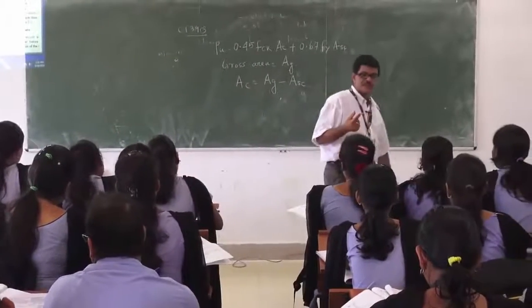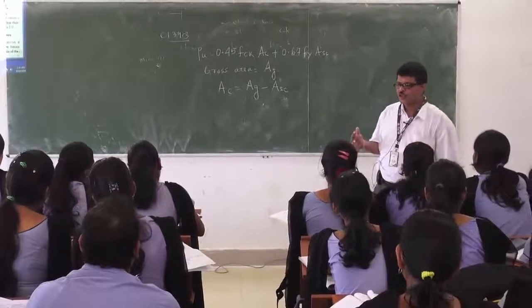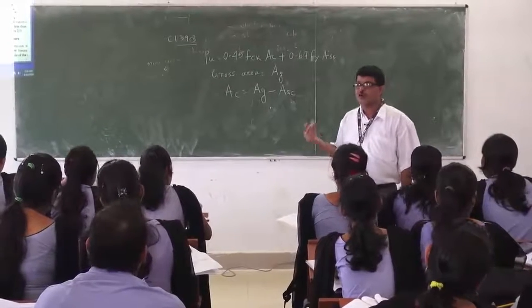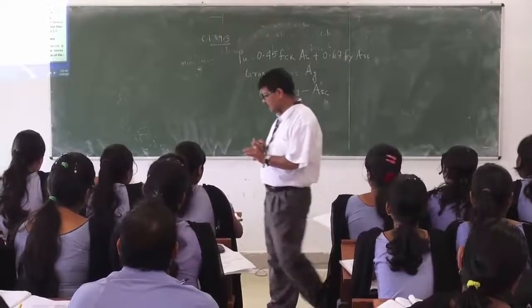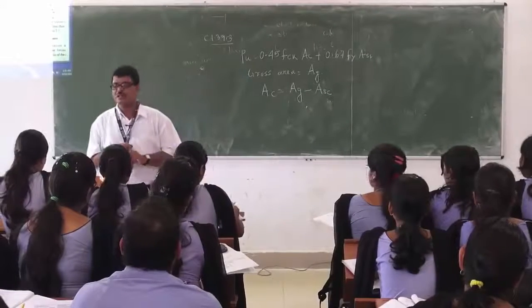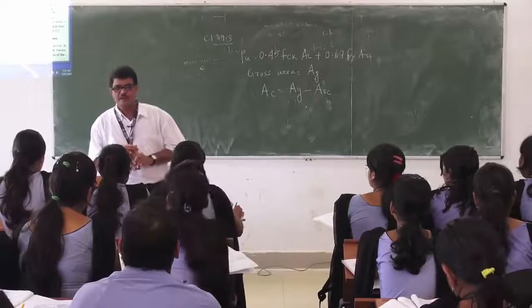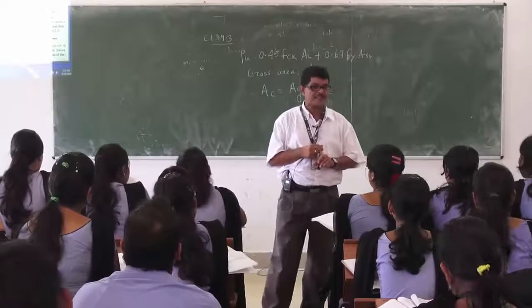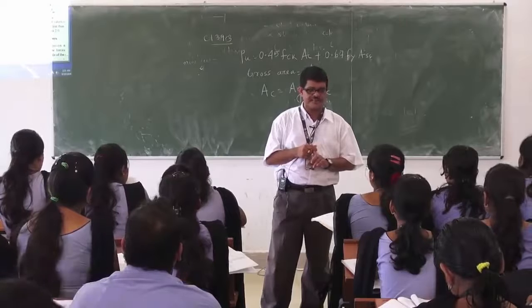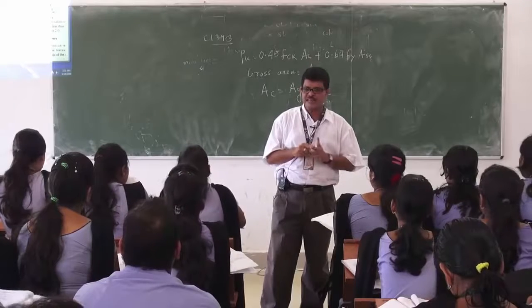all the dimensions will be given. Okay. All the dimensions are given. You have to find the load carrying capacity. There are two kinds of problems. One is analysis of the load carrying capacity of the column. Second category is where you have to find the dimension and the steel area of the column, that is design. One is the analysis, second is the design.